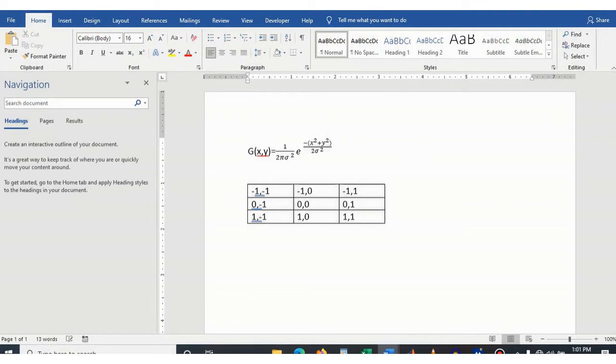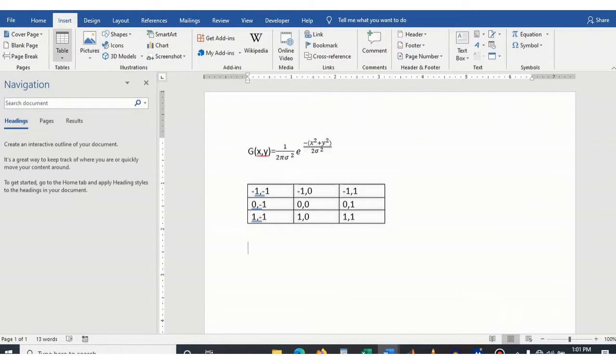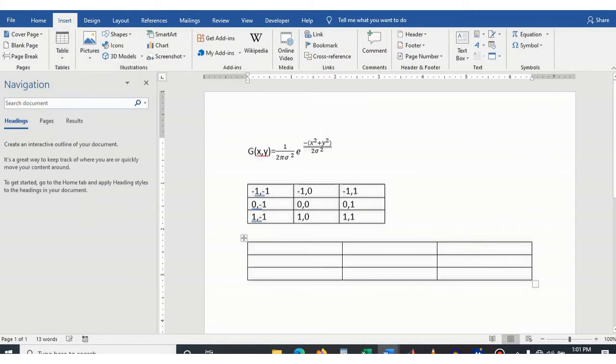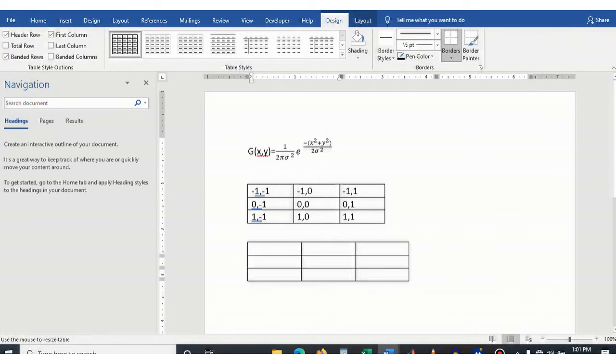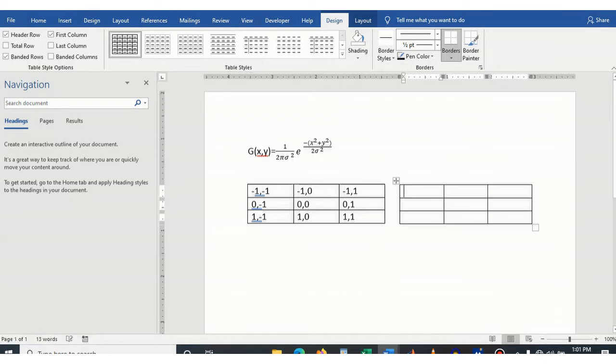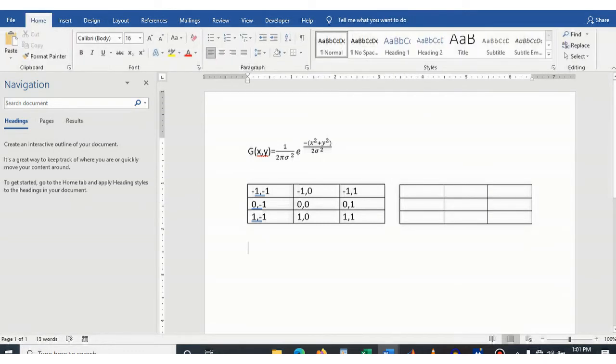Now let's see how we can do that. We want to compute the value for the center pixel, that is 0, 0. So let's make another table, 3 rows and 3 columns. We have g of 0, 0 is equal to